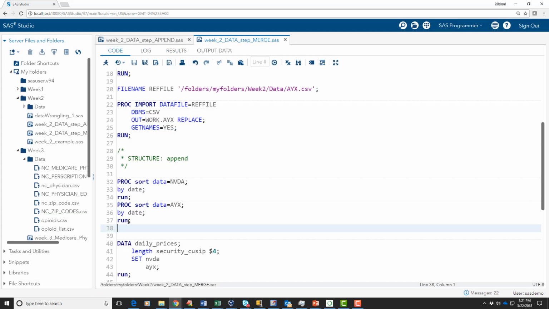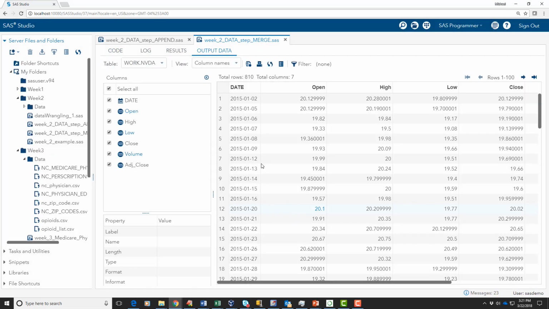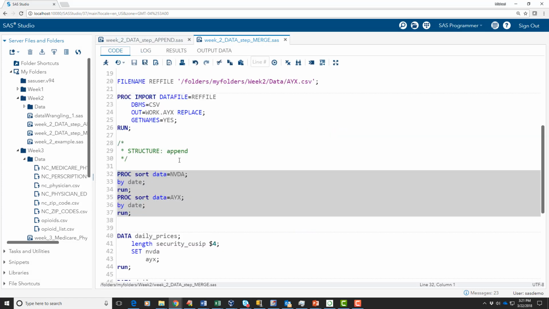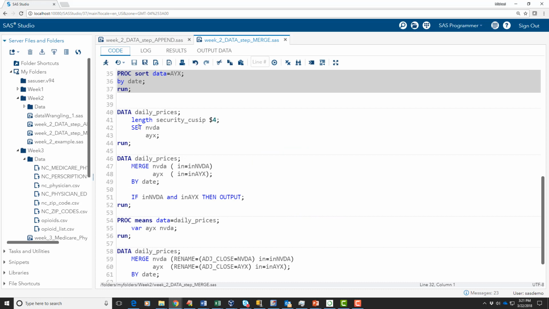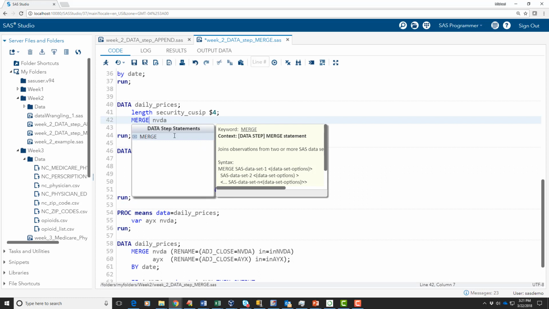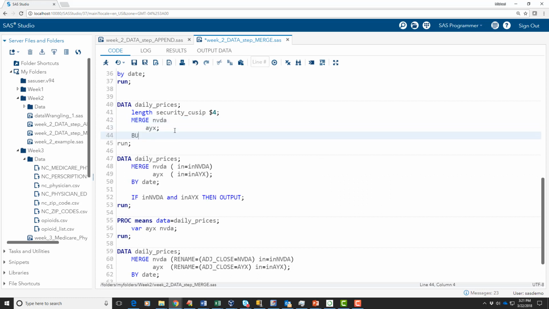First thing I'm going to do is sort both my files by date because I'm going to merge them together. We can look at the log. I sorted those, sorted Alteryx. Now, if I just do a merge with a by statement, and run that,